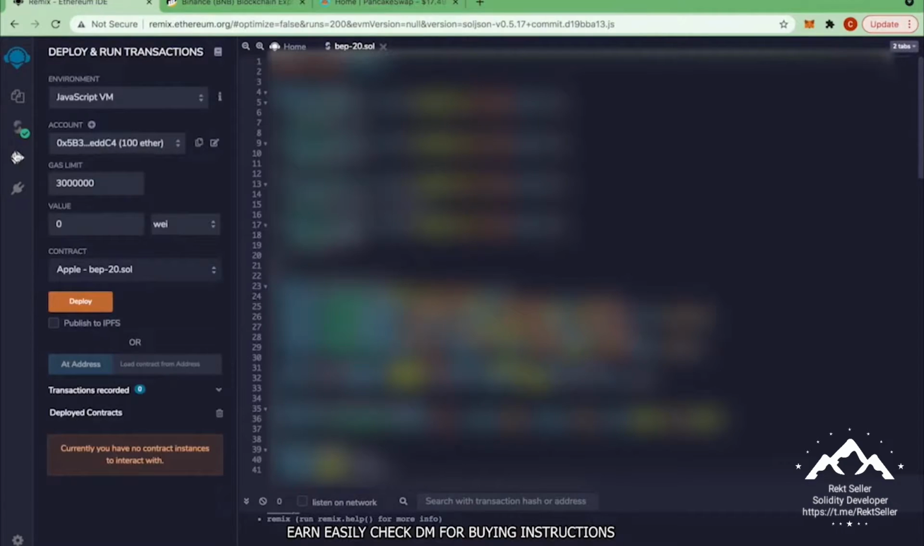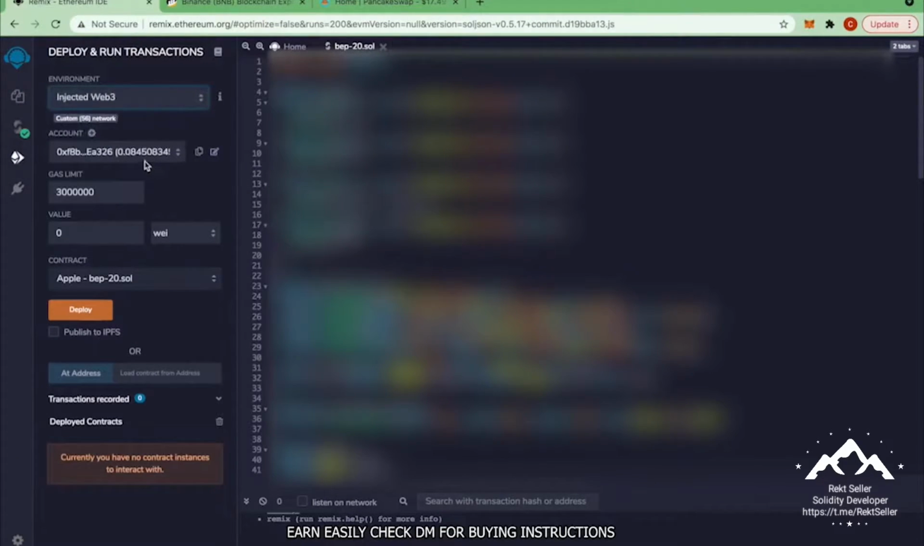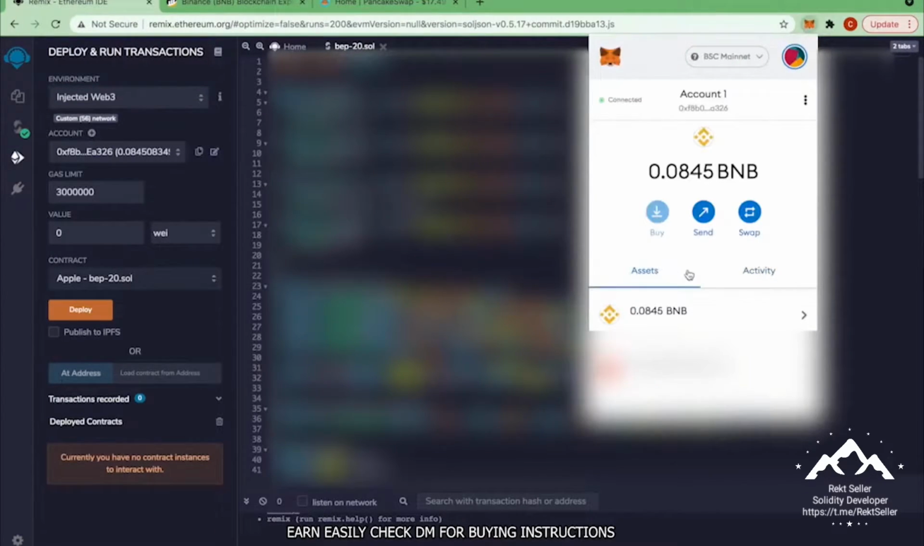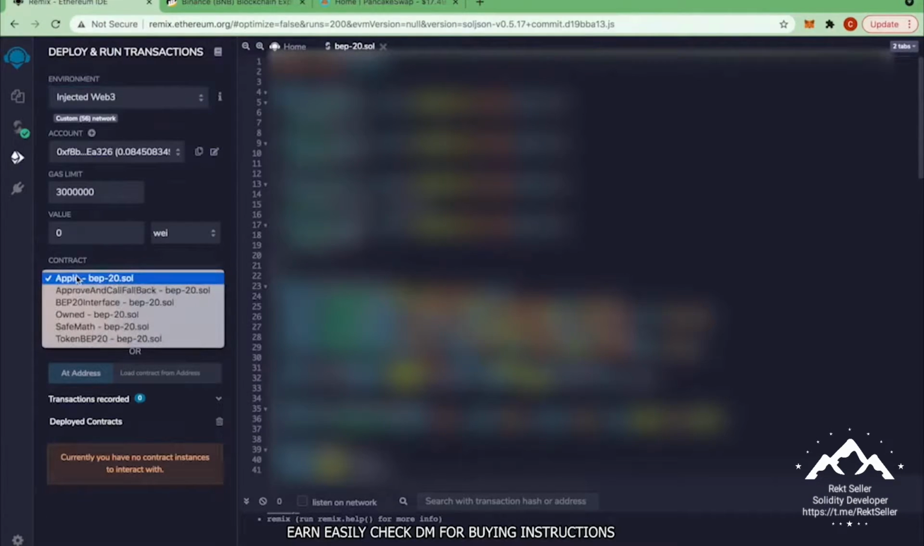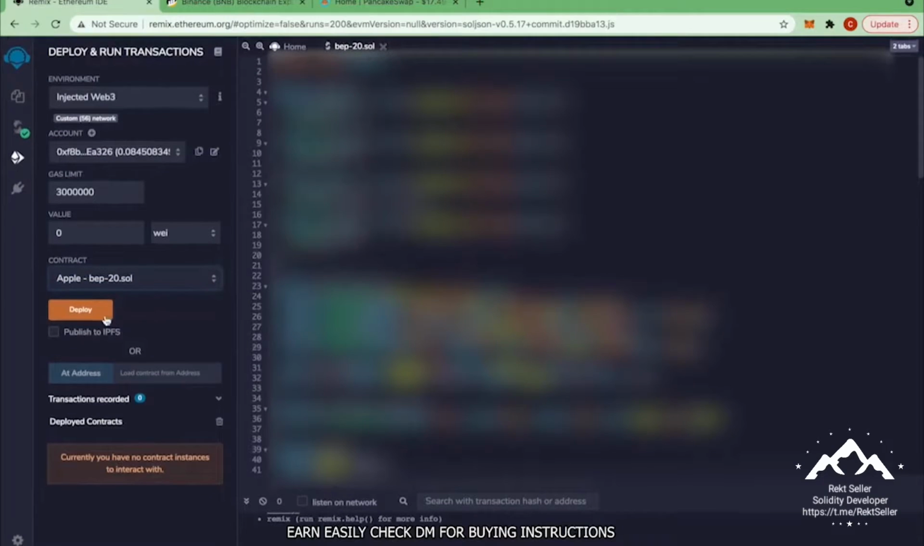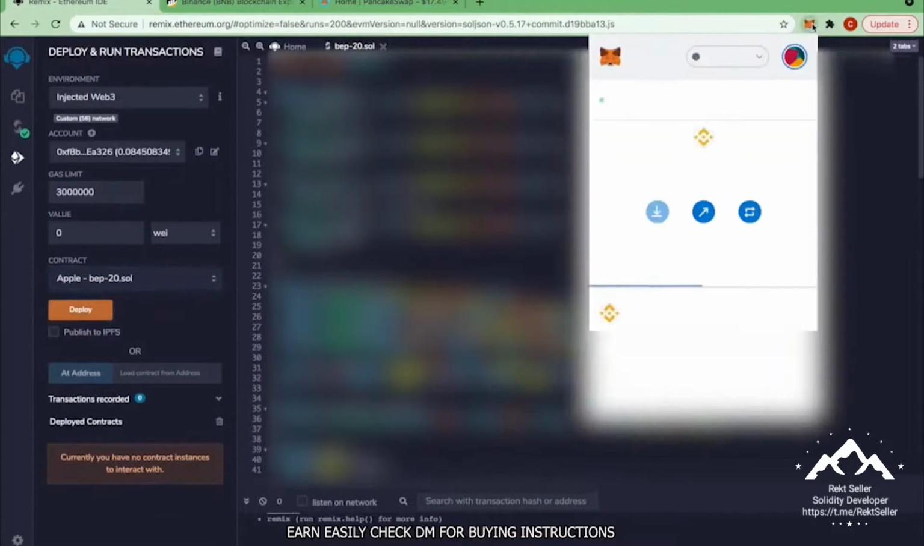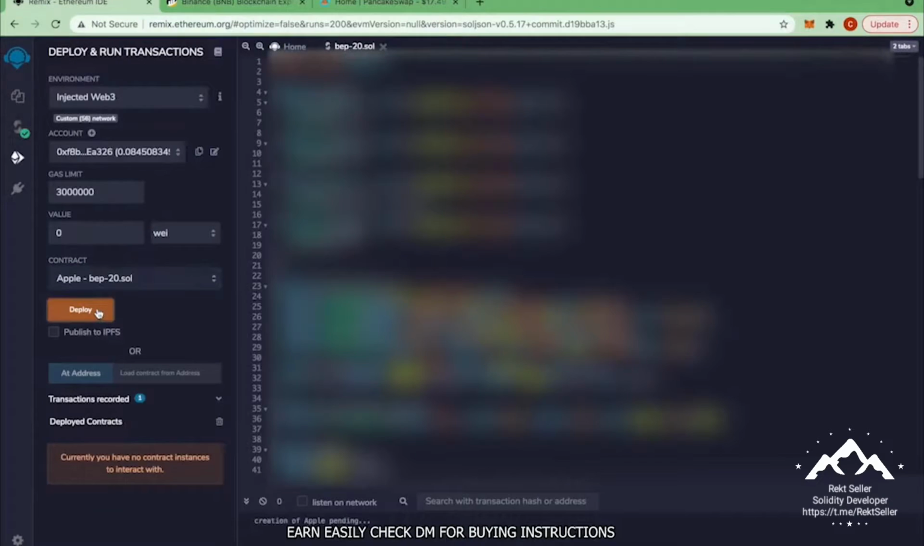Then you could go to the next tab, and change this to injected Web3. Make sure that you have your MetaMask wallet connected on Google Chrome. And you can see I have mine connected. You can see it's 0xF8, and we have 0xF8 here, so it's connected. And change this contract. Make sure that this contract is the name of your token, right? So let's deploy it. I just have a small amount of BNB here in my MetaMask to cover gas fees. Let's just go ahead and press deploy, confirm,